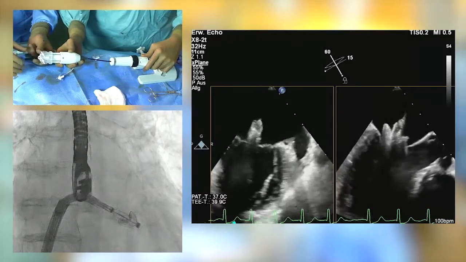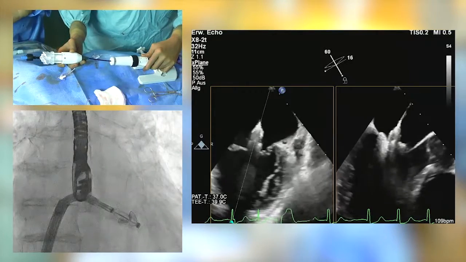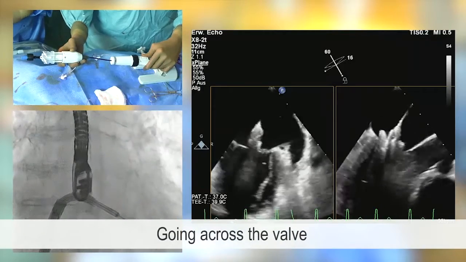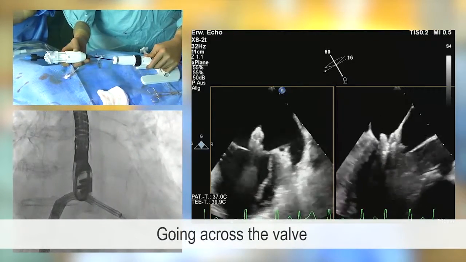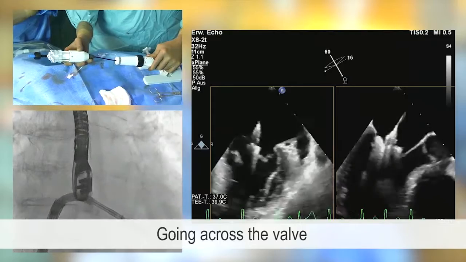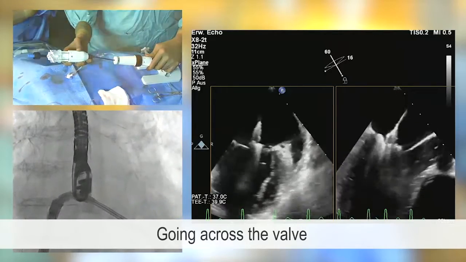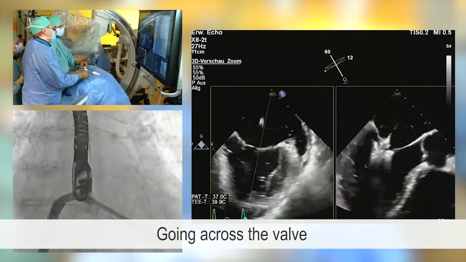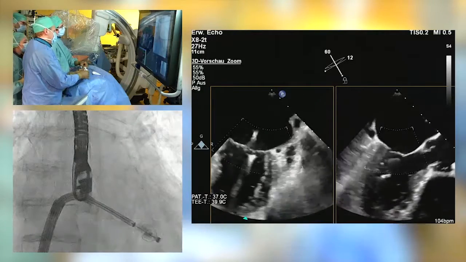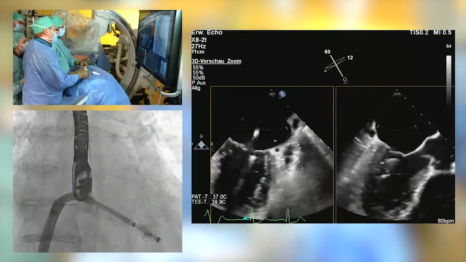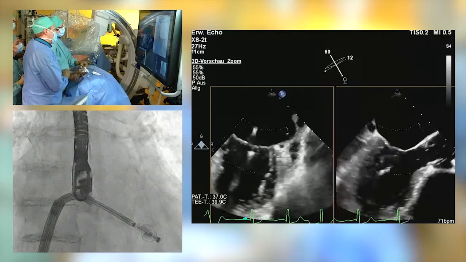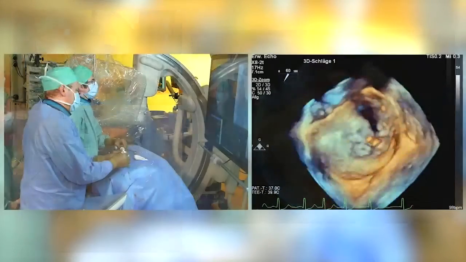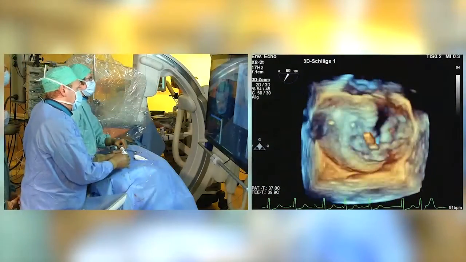Okay, so we remember which clasp is anterior and which one is posterior, and then we are ready to cross the valve. Here again we use echocardiography and fluoroscopy. During this maneuver, fluoroscopy is quite helpful to make sure that the clocking stays roughly the same. It needs to be double checked that once again we are beneath the valve in the left ventricle, but with as little maneuvering in the LV as possible. So the device is in a more lateral position. We go back to 3D echo to ensure that we have an